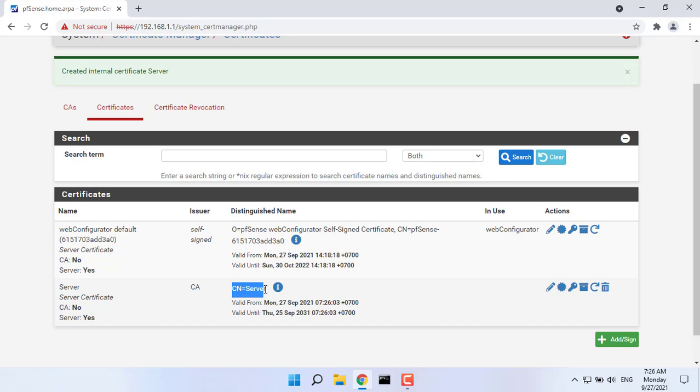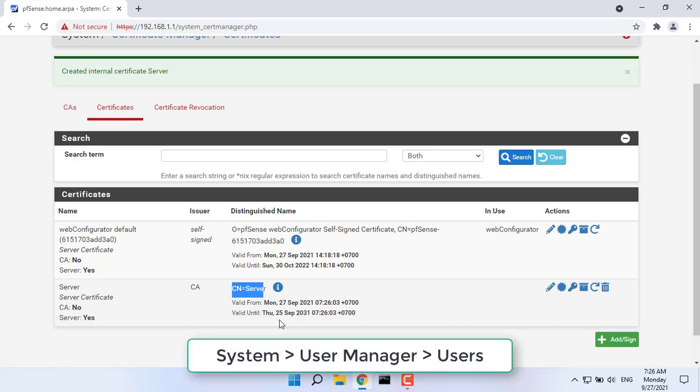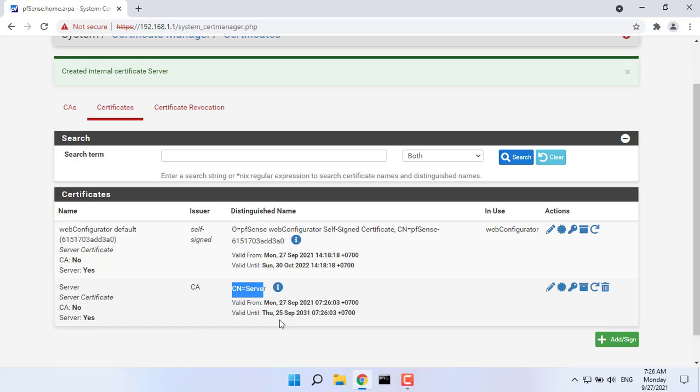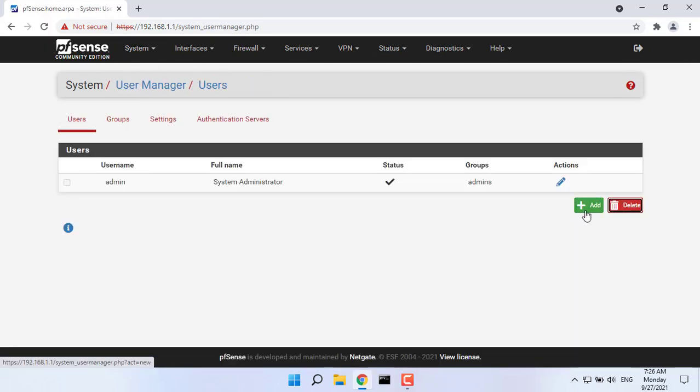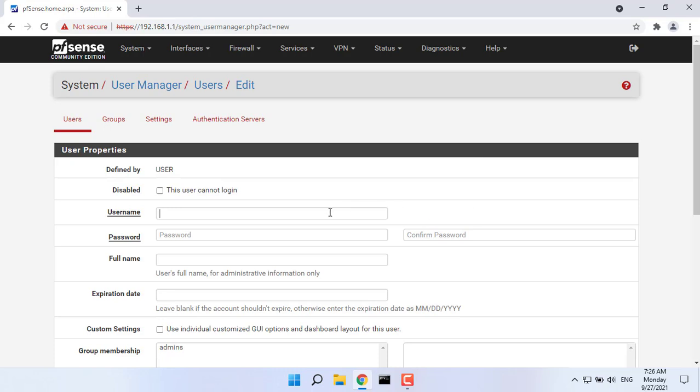The certificate infrastructure needed for OpenVPN is now complete, so we can move on to the next phase, creating the VPN user. Fill in the username and password.